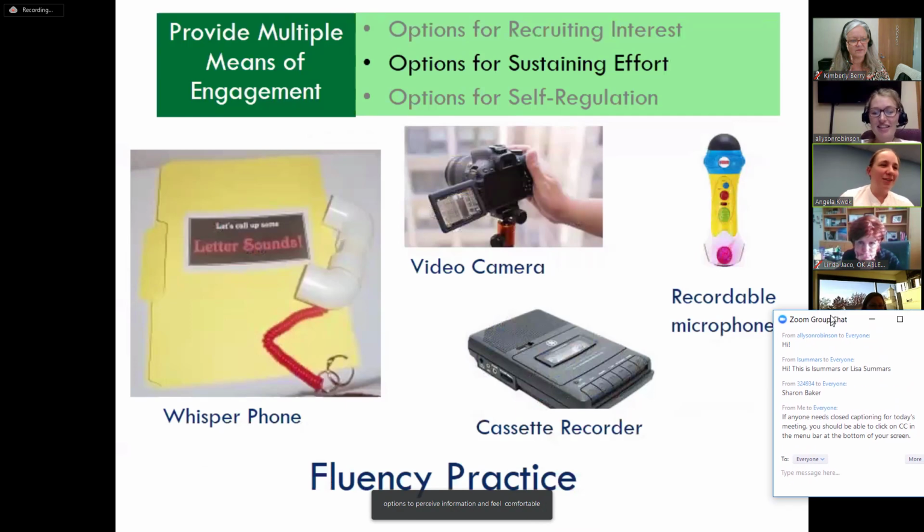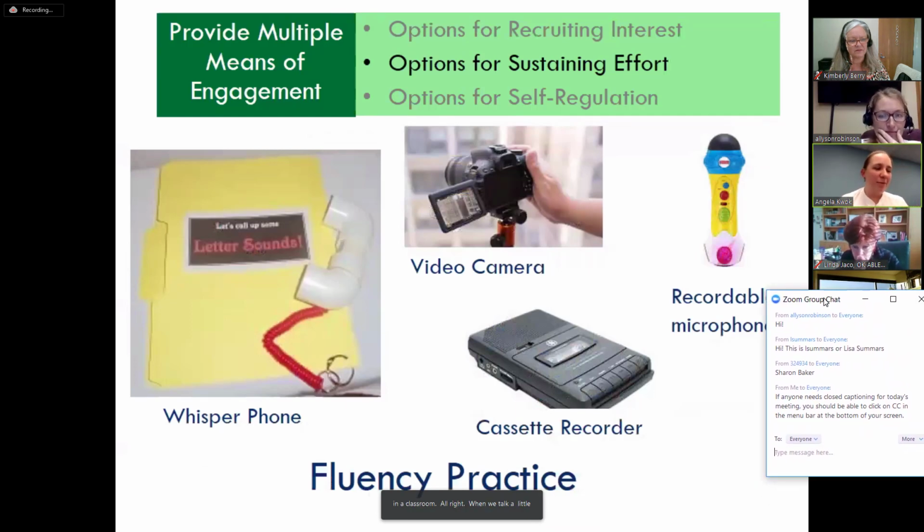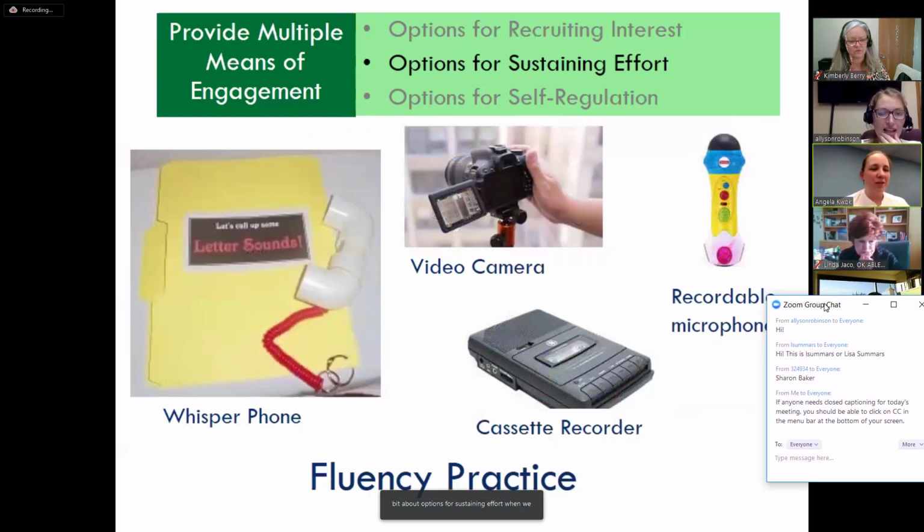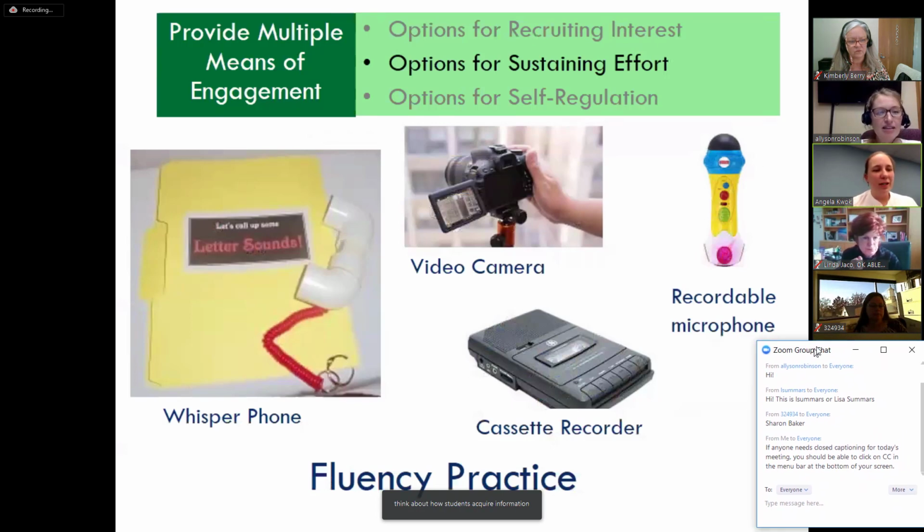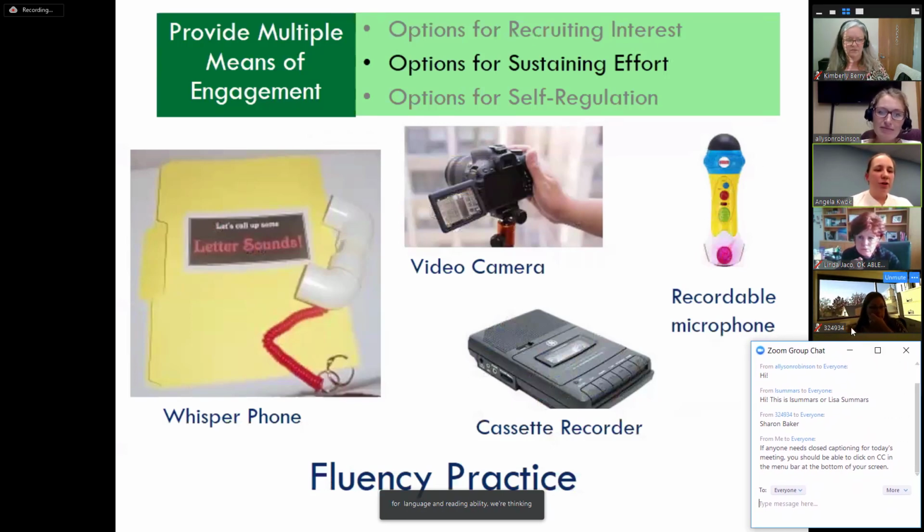When we talk a little bit about options for sustaining effort, when we think about how students acquire information for language and reading ability, we're thinking about fluency practice and that learning through skill of just doing it multiple times. Sometimes when they just hear that they have to do the same skill over and over, it may be hard for them to be engaged with that concept because they're like, I've done it once, I don't have to do it again. But if you find a way to get students engaged, there are mediums out there to have students